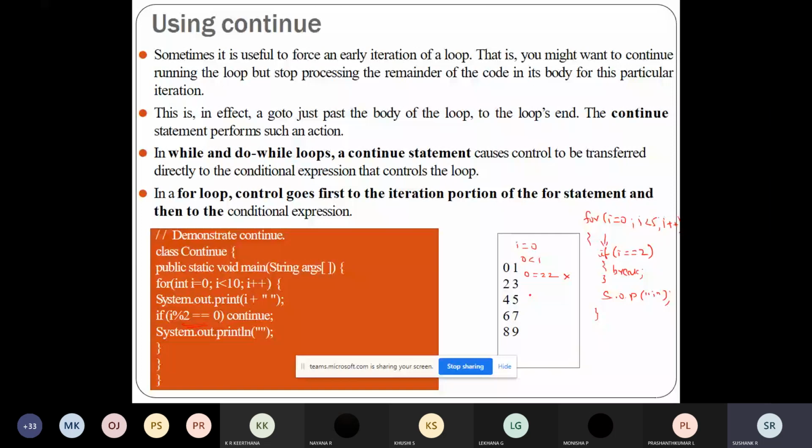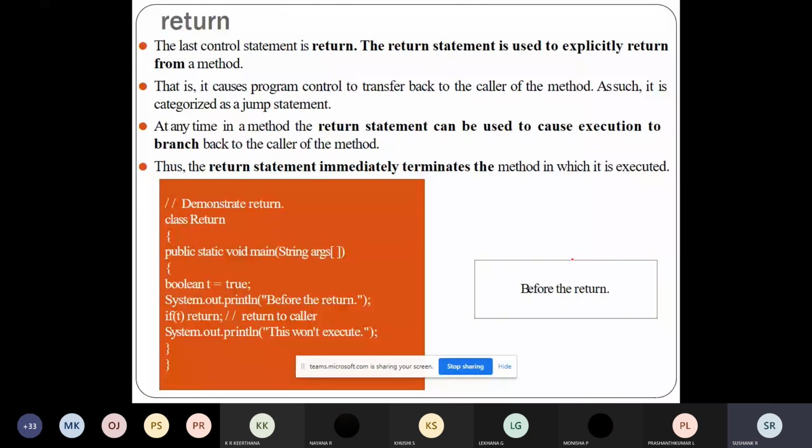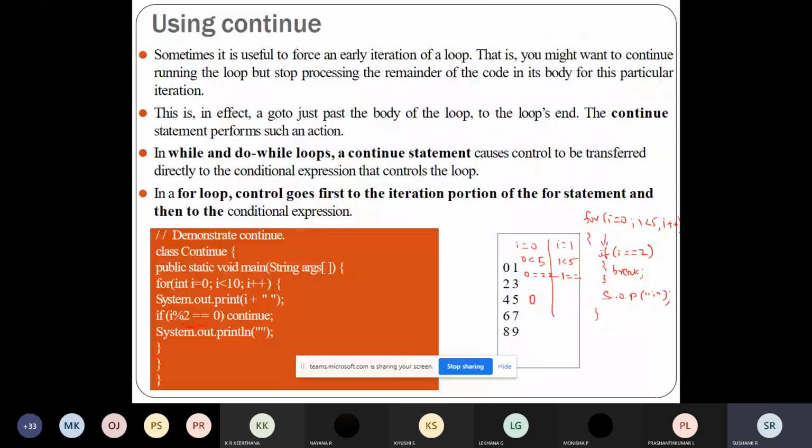After this, I plus plus means I will become 1. 1 less than 5, the condition will be true, so it will come inside the loop. 1 equal to 2 will be false, so that will not be executed. Again it will print the value of I, 1.